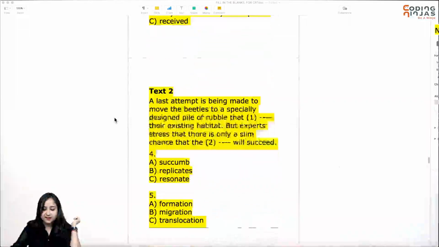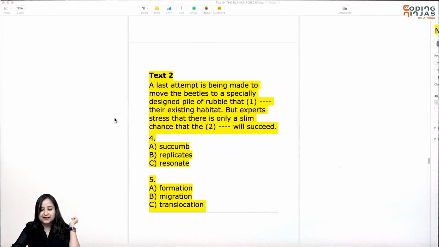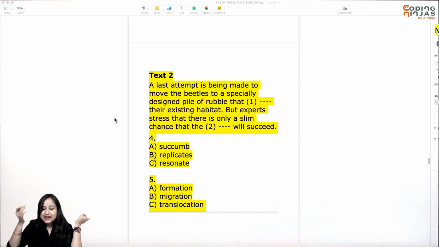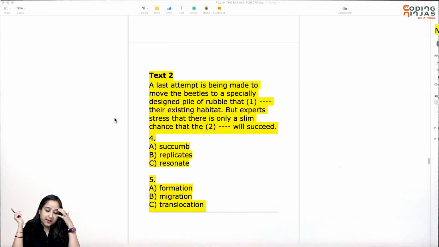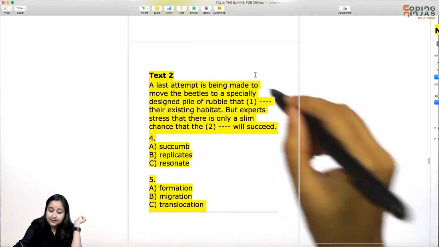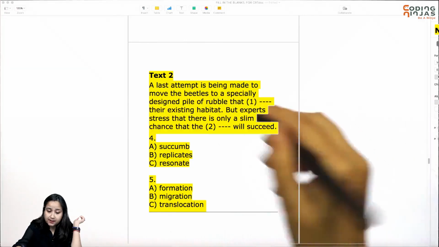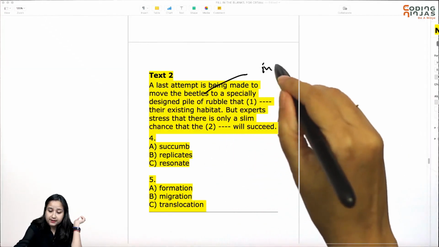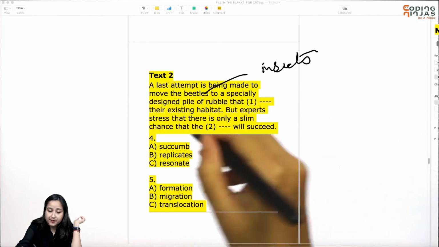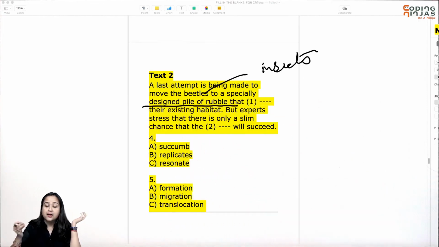Right. So the second question just has 2 blanks. Quickly stop and then we will discuss. Okay, so let's discuss. The last attempt is being made to move the beetles. Beetles are some insect. So these insects are being moved to a specially designed pile of rubble. Rubble is rubbish, trash, kachra, that